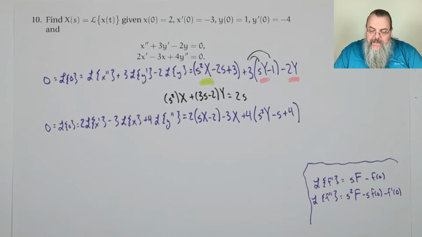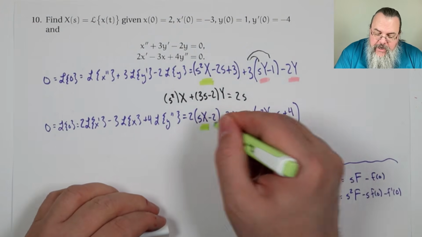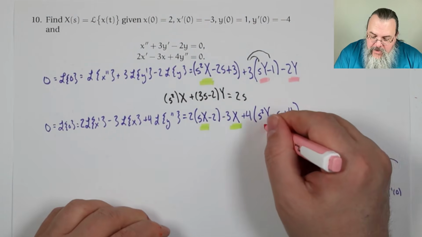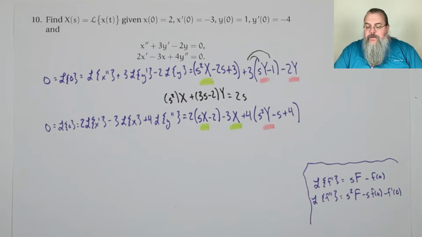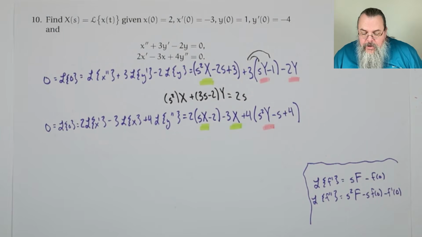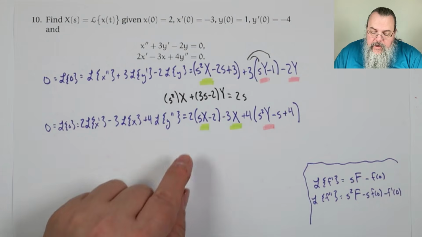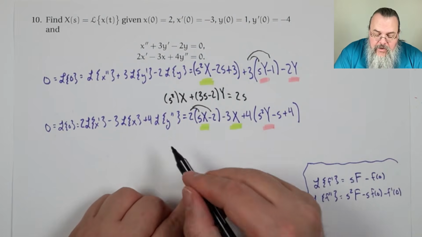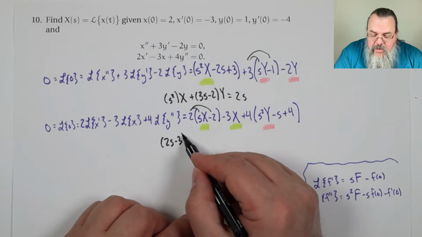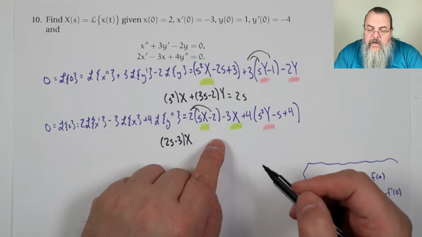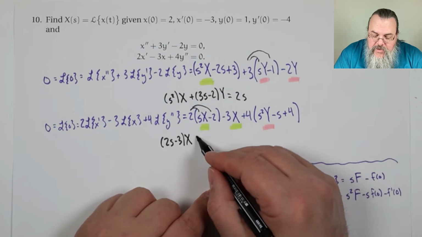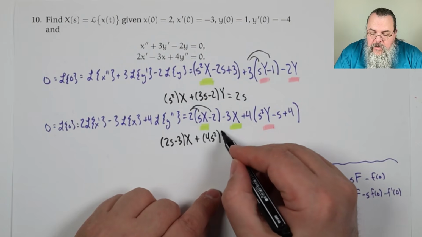All right, now, as before, we're going to rewrite this. So we're going to gather. Here we have 2 x terms and just a single y term. So when we gather, what do we get? Well, for the x, don't forget to distribute, 2s minus 3 times x. And what about for the y? Well, there's just a single y term. So plus 4s squared y